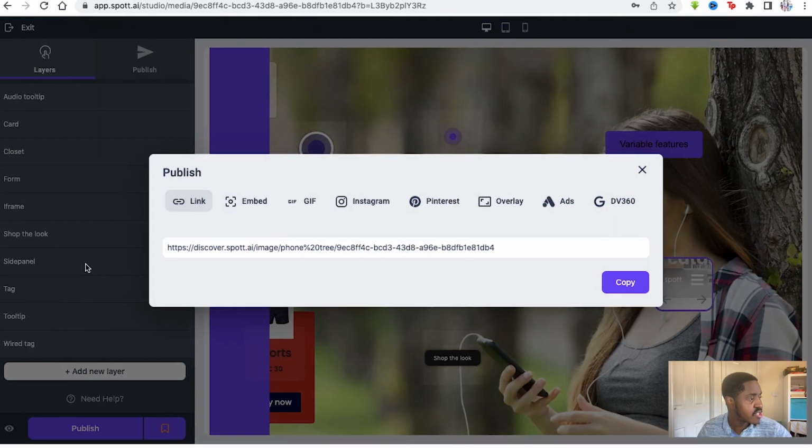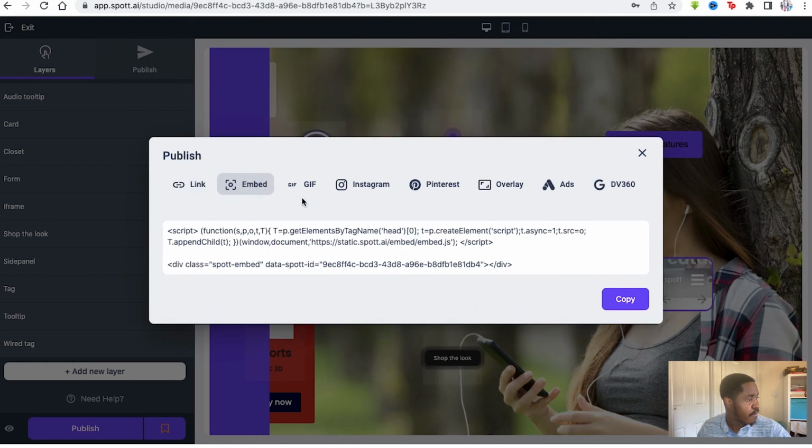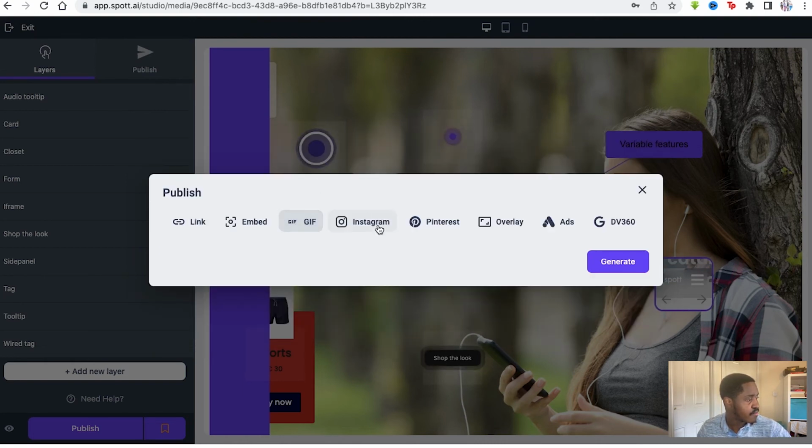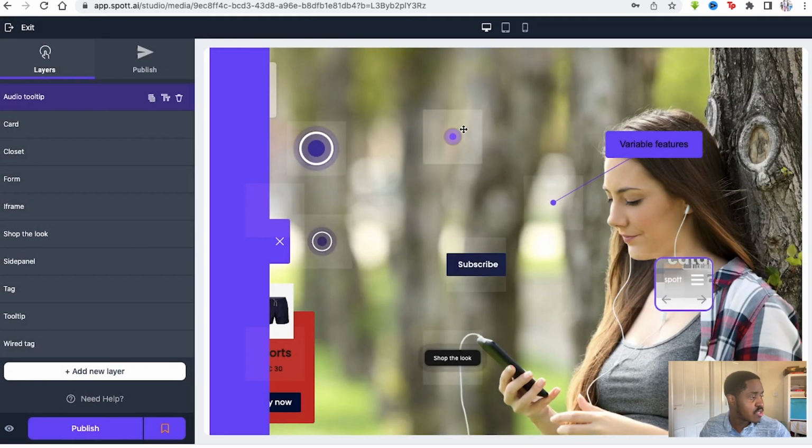Then if you want to publish this, you can get the link, copy it, embed it, put it as a gift, put it to your Instagram, your Pinterest, ads, and with overlay as well. And it's really, really interesting as well. You can generate it from this, which is really cool. And once you take those links to your social media pages, it will take users back to your Spot where they can look at all the features you've provided and go through your product through the widgets provided